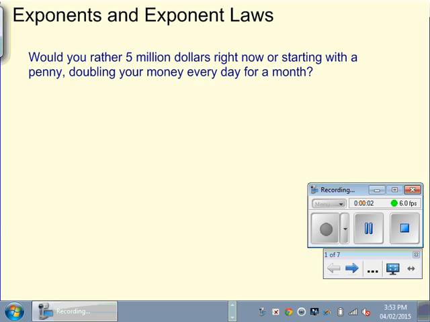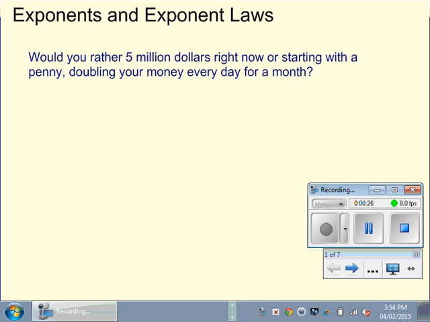Hello. In this lesson, we're going to look at exponents and exponent laws. Now, this is a question that maybe none of you have ever been asked, but would you rather have $5 million right now, or, starting with a penny, double your money every day for a month? Starting with a penny doesn't seem like very much money, but if we do the math,